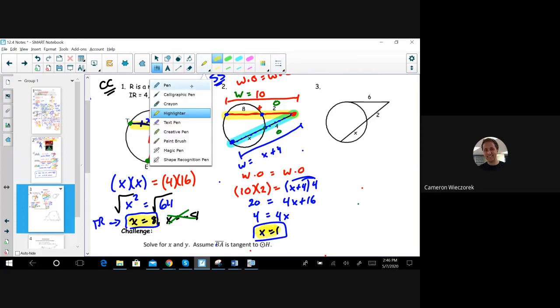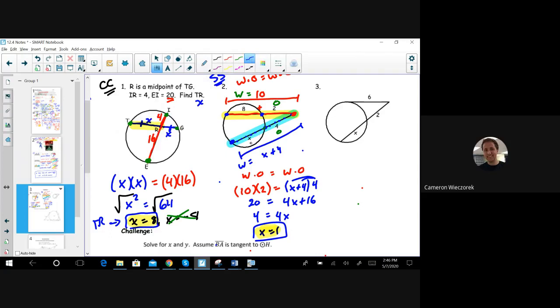So again, I want to just clarify, you don't want to multiply these pieces together when you're using the formula. Even though there's multiplication here, the whole length is going to be these 2 pieces added together. So we're not calling it 4x, we're calling it x plus 4. We're not calling this 16, we're calling it 10. Okay, the last one,